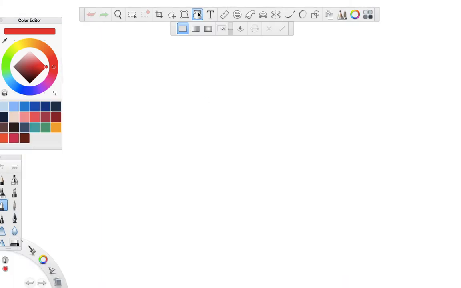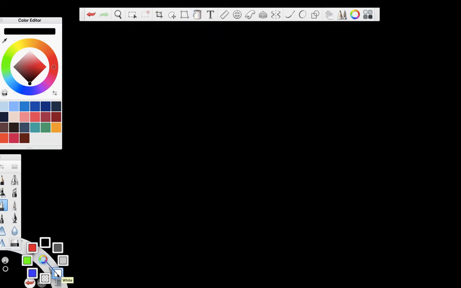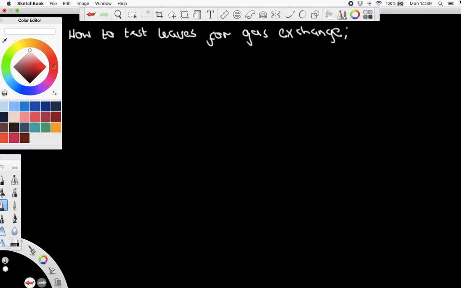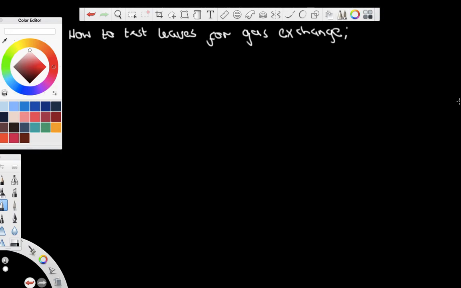So our final bit today, we need to talk about how we can test to see if leaves are carrying out gas exchange. So put the title, How to Test Leaves for Gas Exchange. Okay. We've said that leaves take in carbon dioxide and they give out oxygen. That is gas exchange. So we can start by saying, I'm going to put it in red, that leaves